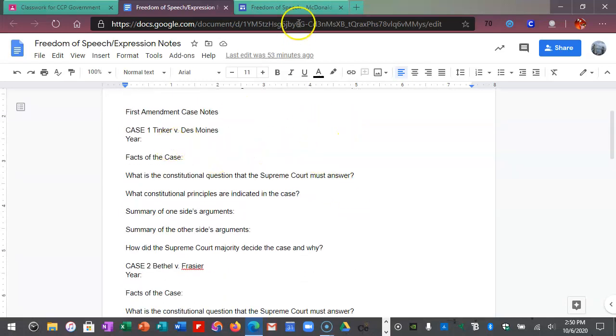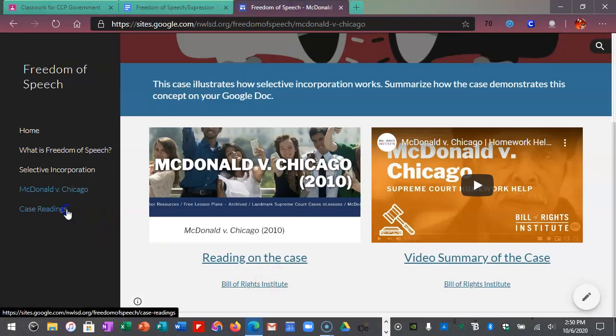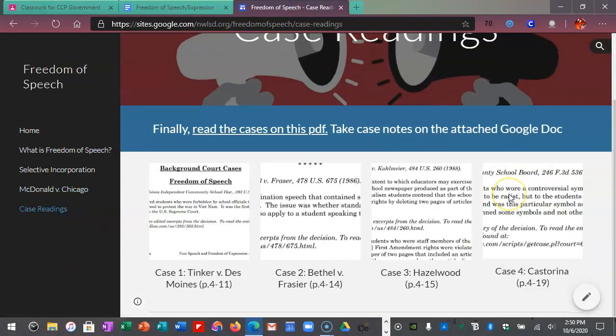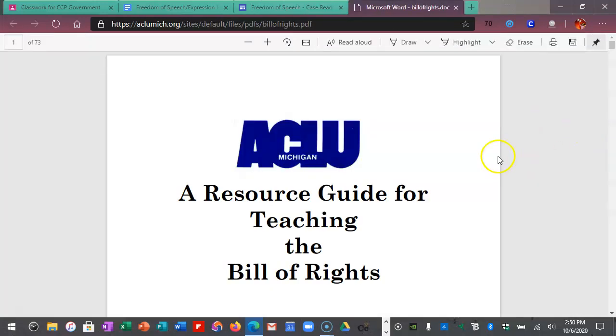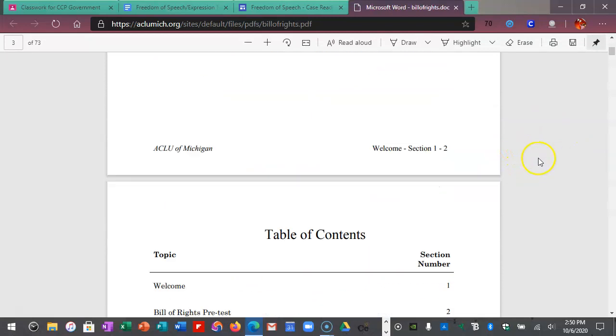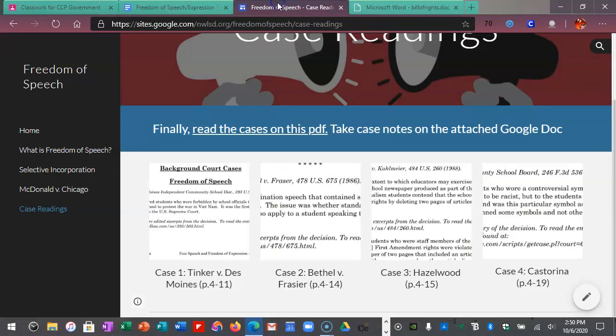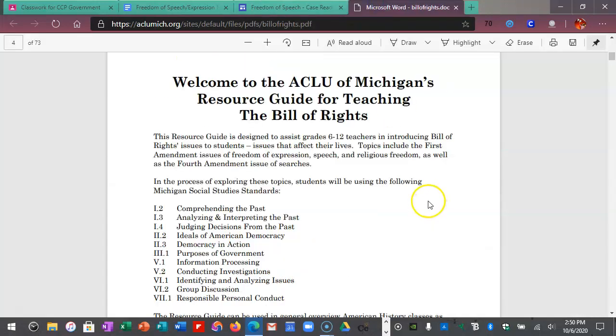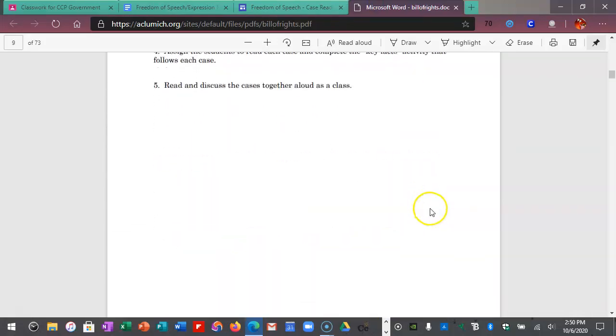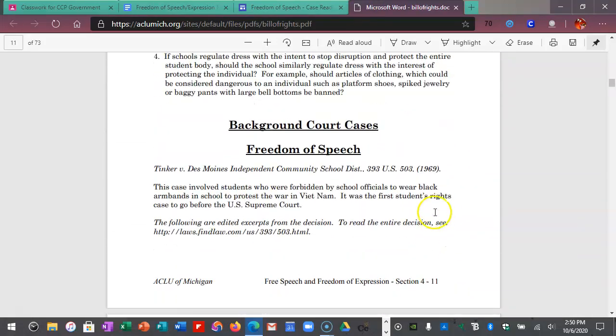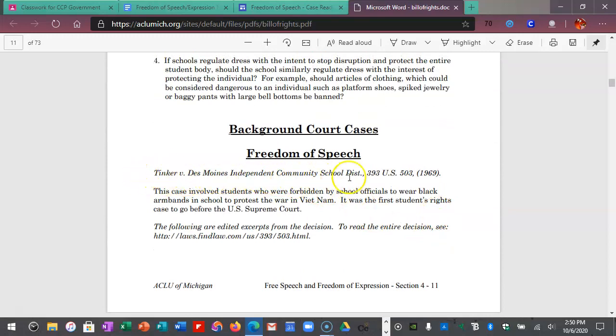Okay, the rest of the time, the last slide, the last page, I should say, are 4 Supreme Court case readings. They all deal with cases that dealt with freedom of expression in schools. Okay, I've got the cases here. There's a PDF, and as you go through the PDF, you notice that there's page numbers here. There are cases, only specific cases I want you to read. First one's Tinker versus Des Moines. It's on page 4-11. So we'll go down to section 4. Whoops, I passed it. Here it starts right here, Tinker versus Des Moines.